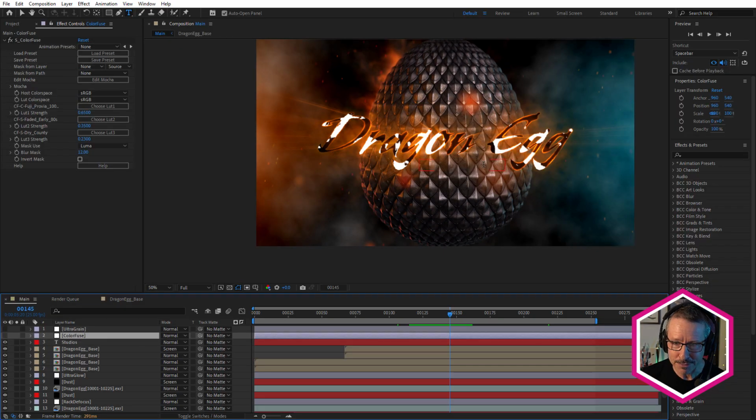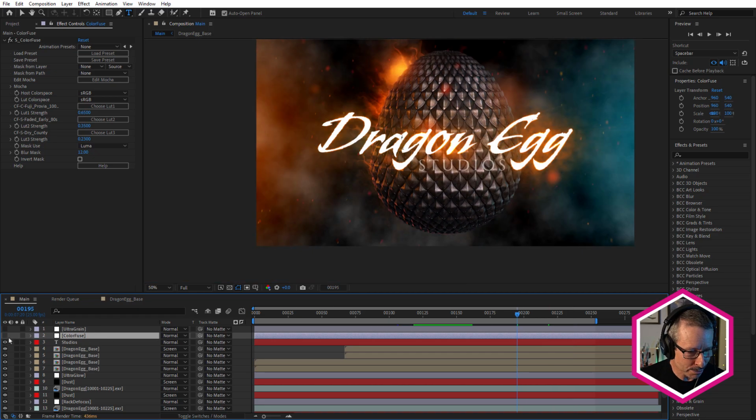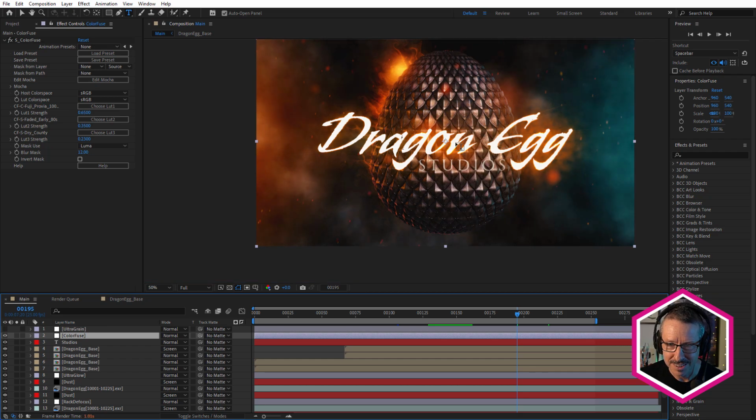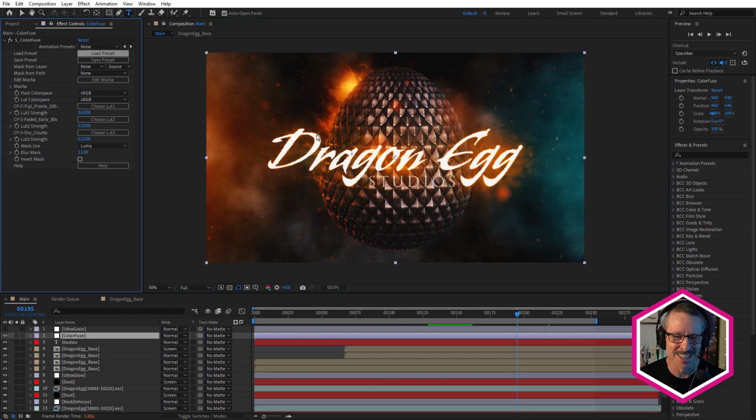Now, to finish off the entire look, what I've done is I've used a little bit of Sapphire Color Fuse. You can see there. So it just increases the contrast. Now, with Color Fuse, all I do literally is load a preset.